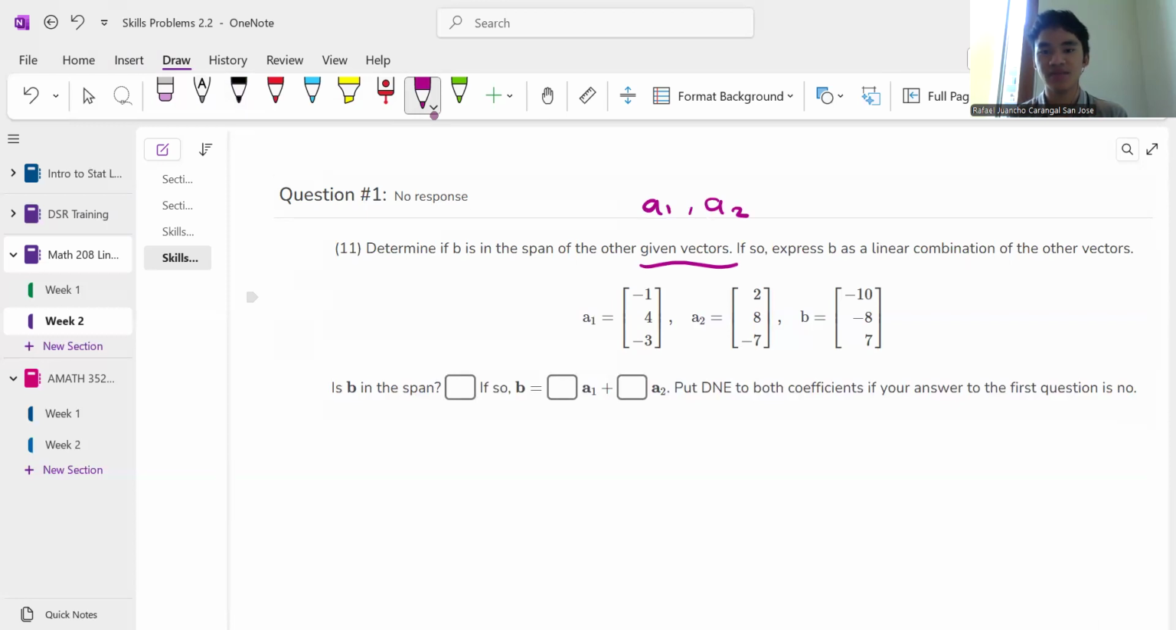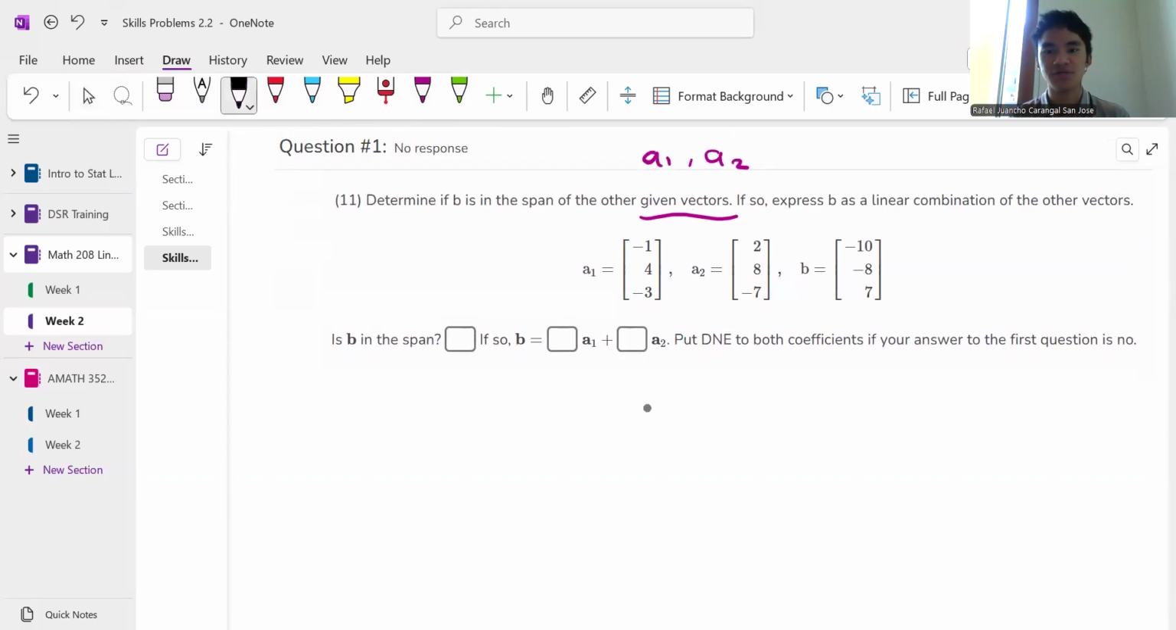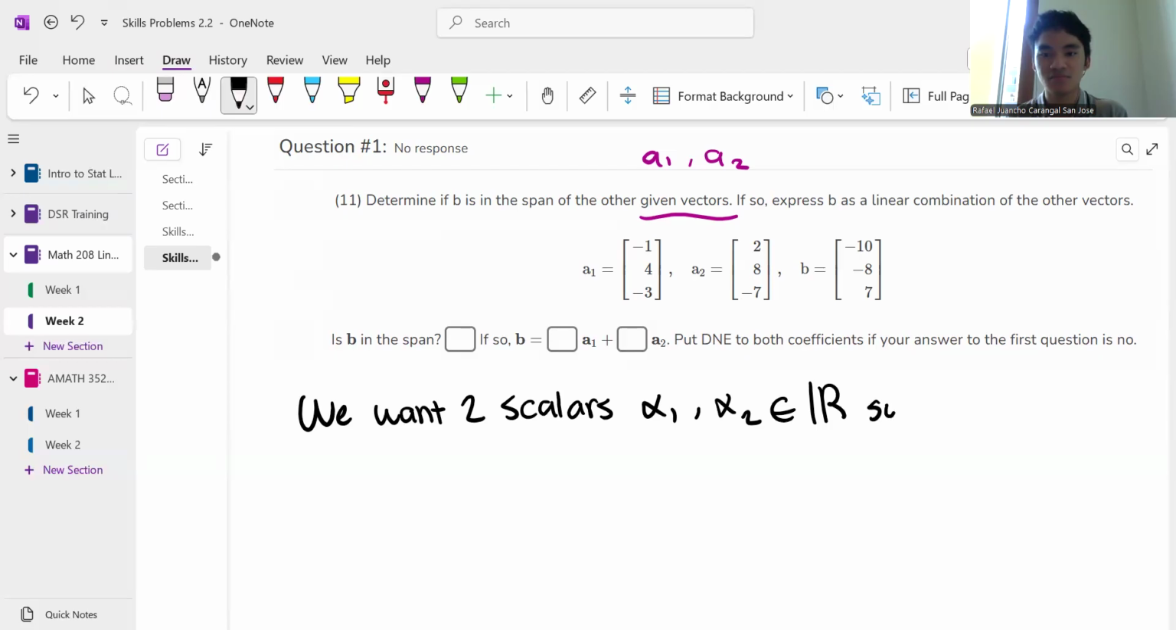If so, express B as a linear combination of the other vectors. So what we're going to do here is we're going to try to find two scalars. Let's do it alpha, right? We want to find two scalars, alpha sub 1, alpha sub 2, such that,